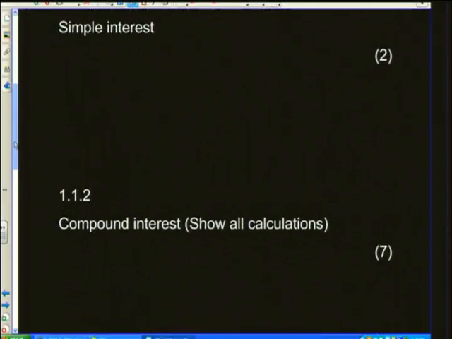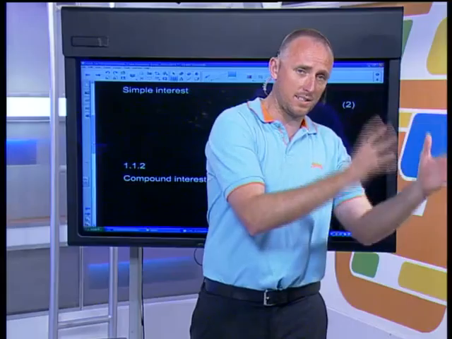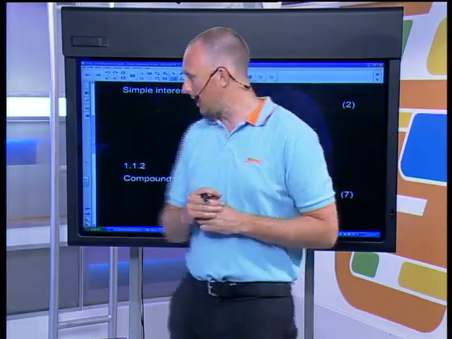Now, you must realize that there's a difference between how we're going to calculate our simple interest and our compound interest. One thing that I'd advise you guys is look at the mark allocation. If there's a mark allocation of 7, they're going to require you to do a lot of calculations. If it's just a mark allocation of 2 or 3, they're just going to require that you put the formula in there and then spit out the answer. You don't want to put in a formula for a 7-mark question and then lose 5 marks. That's almost 2% of your paper. All of those percentages add up. So let's go to the first question.